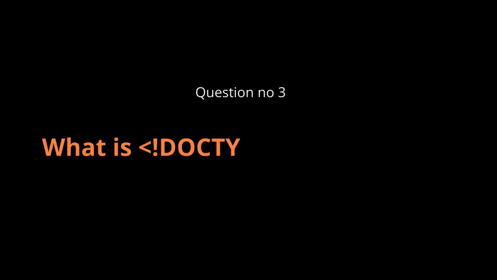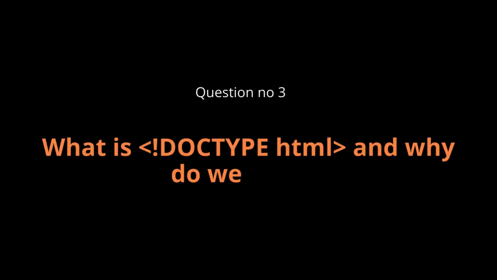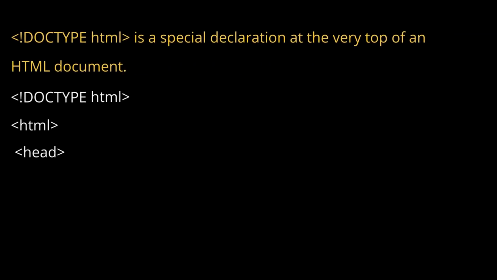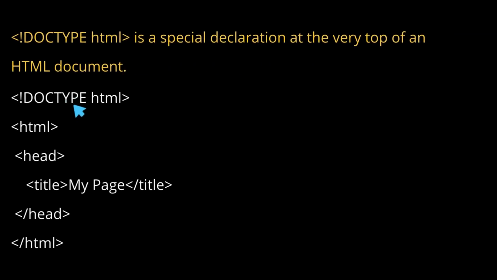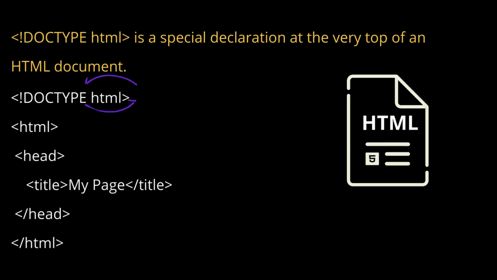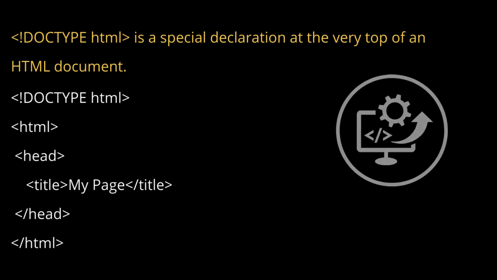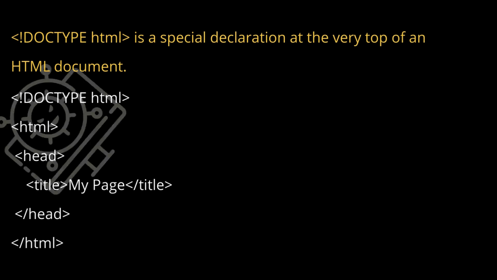What is doctype HTML and why do we use it? Doctype HTML is a special declaration at the very top of an HTML document. It tells the browser, this page is written in HTML5. This helps the browser render the page correctly in standards mode instead of quirks mode, which avoids bugs from old